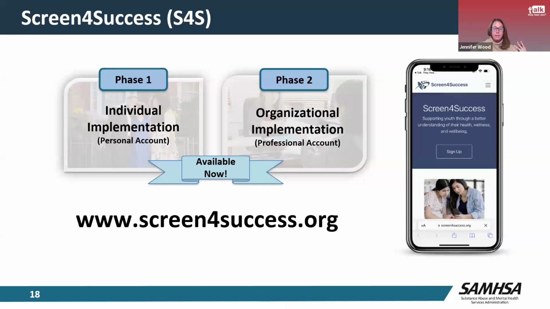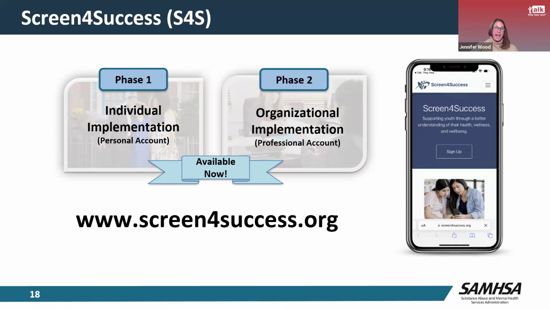And one of the neat things, and some of you being in Colorado, you may have gone through Global Appraisal of Individual Needs trainings many, many moons ago, because I know the state was using that statewide at one point for certain different programs. So this is based off the game, and it's a shorter, obviously, 10 to 15 minute screening tool. And it gives that personal feedback, which if you did the game, you might remember the personal feedback report. And it helps users identify where the support might be needed without judgment or labels.